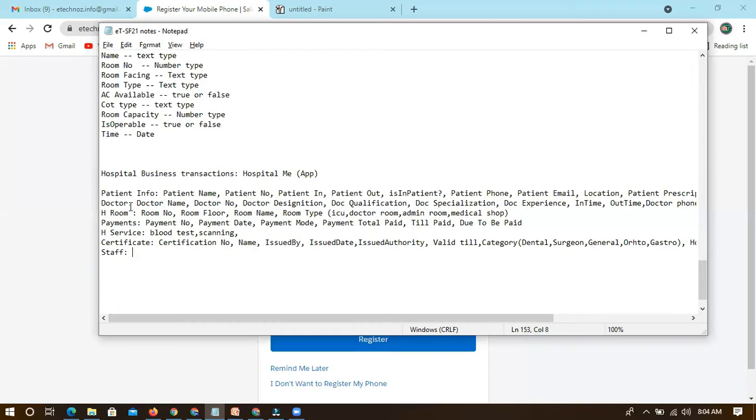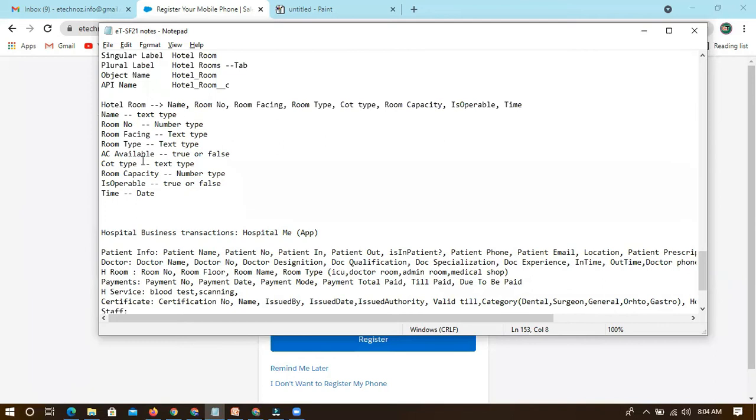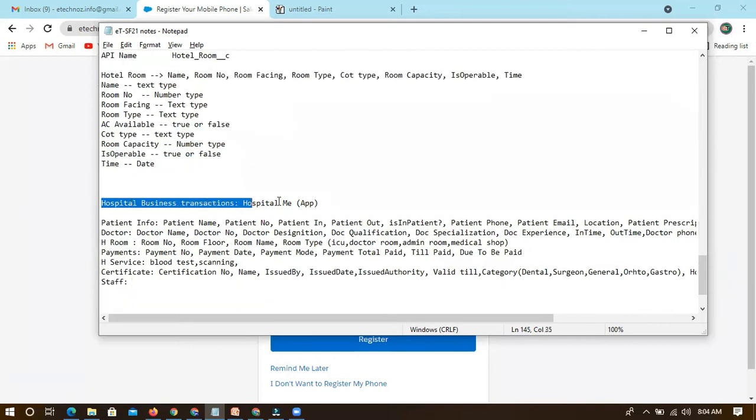So am I clear? We created the application and we created S objects, and now we will create this again, because yesterday someone missed it. I'll create this application quickly, and then we will also create one or two S objects and one or two fields so that we can work on it. Is that okay? Does anyone have any doubt?